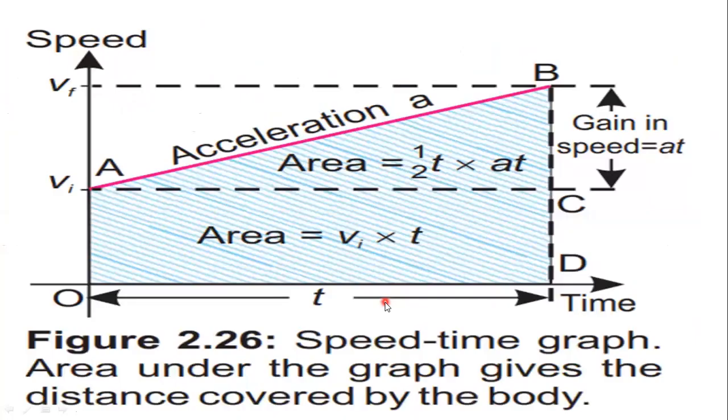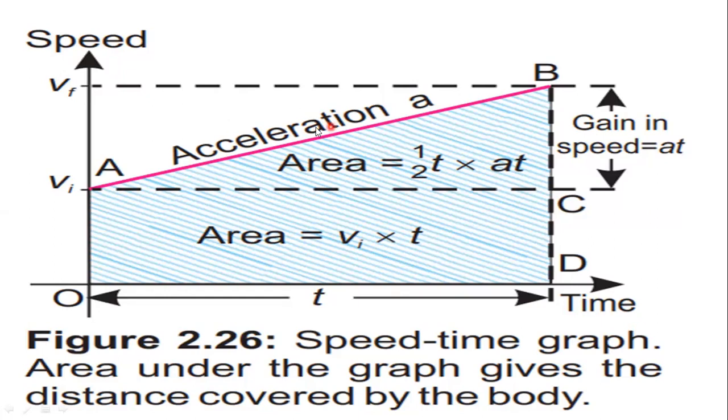So this was actually the diagram which is very important, and this diagram is used to prove all the three equations. If you are going to prove the third equation, once again you will have to consider this diagram, or you will have to redraw this diagram. For each and every proof, this is the basis, and from here you can prove any one of the three equations of motion. So now we have proved the first equation of motion. Now we are going to prove the second equation of motion with this diagram.